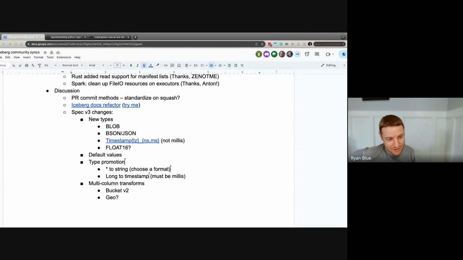And so that's also a good argument for, should we allow the timestamp? Should we just say engines are responsible for that type promotion, and therefore you cannot change a timestamp to a string column? I'm okay with that, because